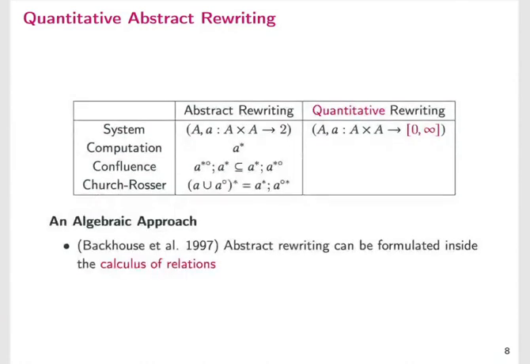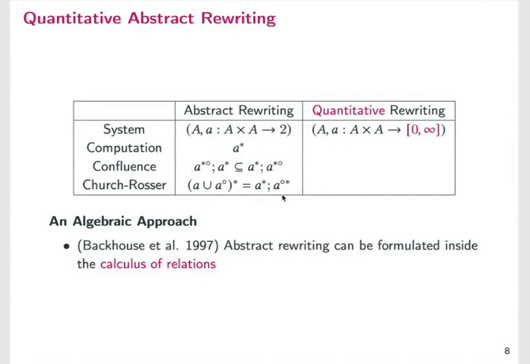And to do so, we followed an algebraic approach, which builds upon two crucial observations. The first one, which is due to Backhouse and collaborators, is that abstract rewriting, traditional Boolean abstract rewriting if you like, can be formulated inside the calculus of relations, the calculus that dates back to Peirce, Schröder, and then Tarski, and many others. And in fact, if you look here on the table, you can define what confluence is just by giving a relational inequality where you use the operators of the relational calculus,